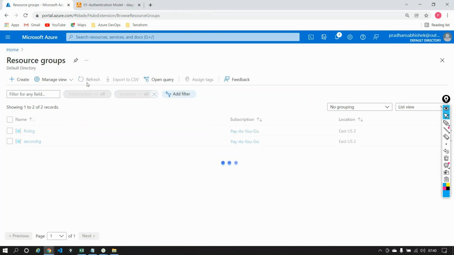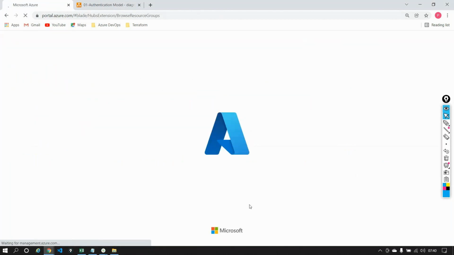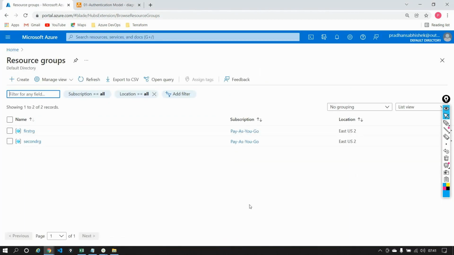So if I do a couple of refreshes, now this will take some time, about 5 minutes for the other user to see this. If I give some time and log out and log in back again, I should be able to see the third RG as well. See, now I'm able to see the third RG that was created by the other user. It just takes a couple of seconds for the portal to refresh and reflect all these things. So this third RG was added by that particular user who's a contributor. A contributor can add resources, delete resources, but cannot add a user.